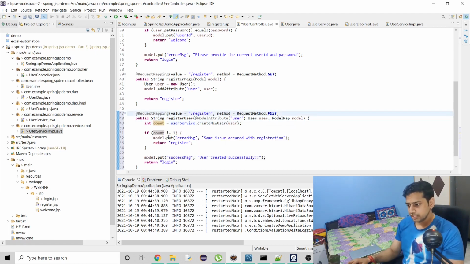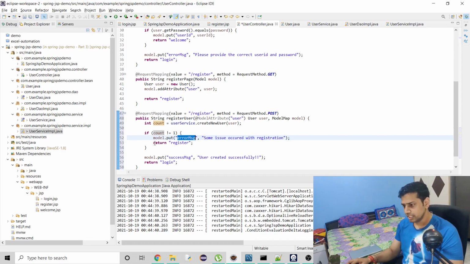If we don't have the value as 1, that means something went wrong with the insert query, which could be that the user ID which the user is choosing right now is already there, so it is not able to insert because of unique or primary key constraint, right? In that case we will have an error message, some issue occurred with registration, and we will work on it in a later video also to further